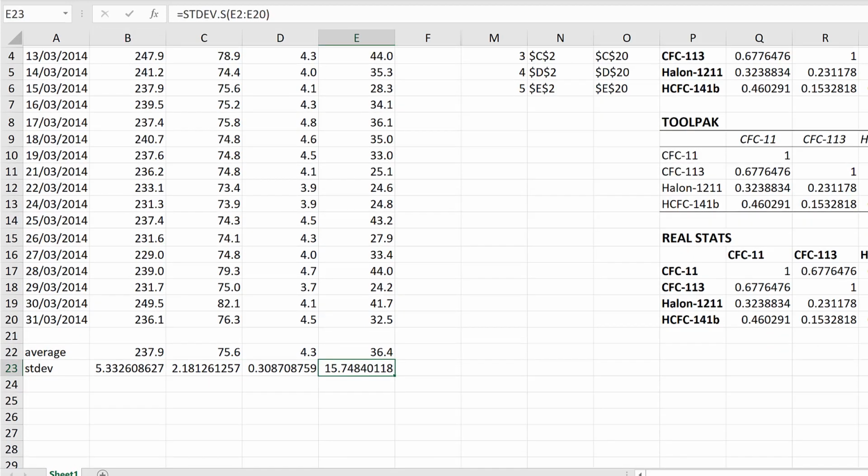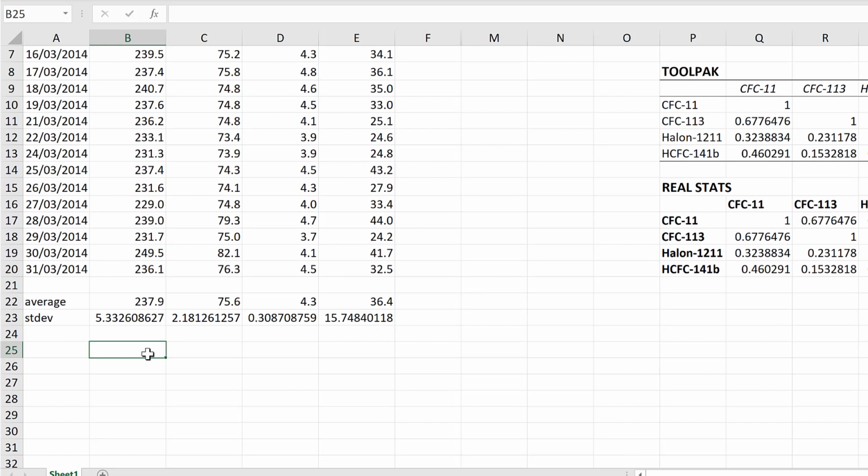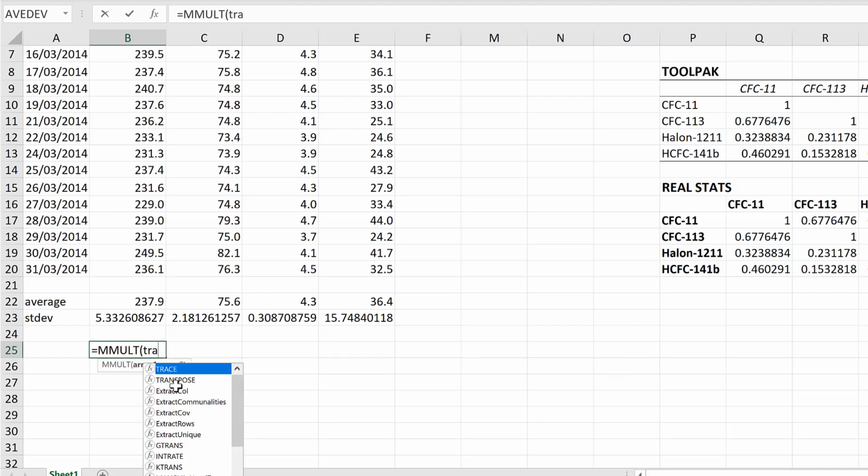Then I'm going to scroll down here and use the MMULT formula. So this is matrix multiplication, and the first array is going to be transposed, and the array is going to be